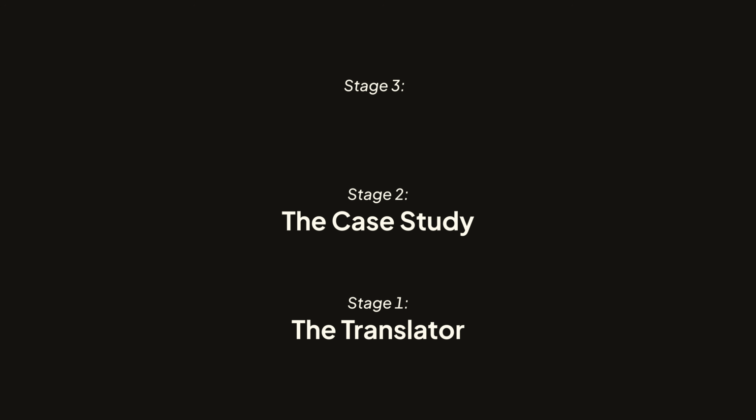And so a helpful framework to make this more practical is to break this down into 3 specific stages. Stage 1 is the translator. Stage 2 is the case study, and stage 3 is the enabler. Now we'll go through each of these stages in detail, but the important thing to understand is that the stage you're in right now will determine the type of content you should be creating, and importantly, how you should position and package it so that it's in line with what your audience will accept as credible from you right now.